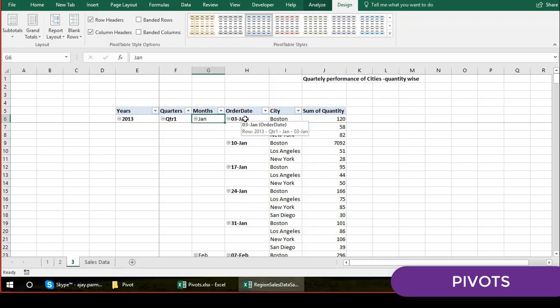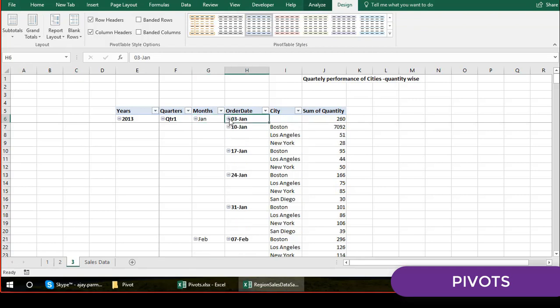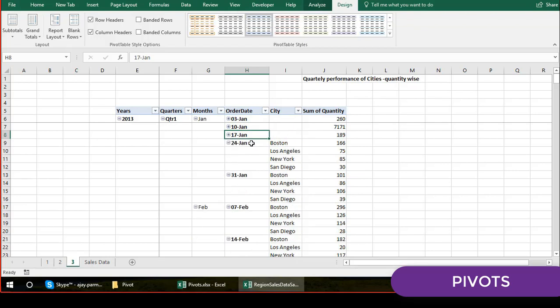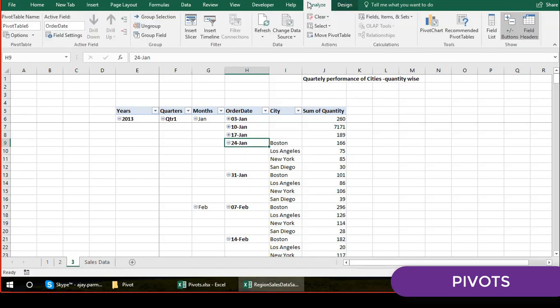Now you can also create the pivot in this way. For example, if I click on this button, you see all the dates are shown one by one. I can shrink these dates as well; I can collapse them. Instead of doing this, what I can do is go here in the analyze option and use the expand and collapse option.